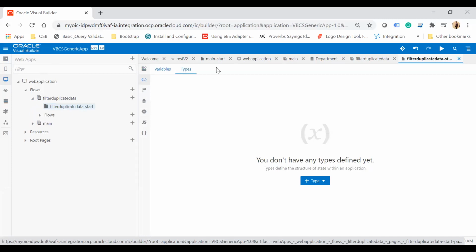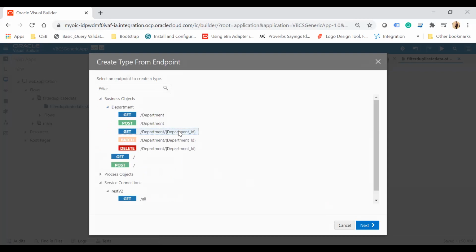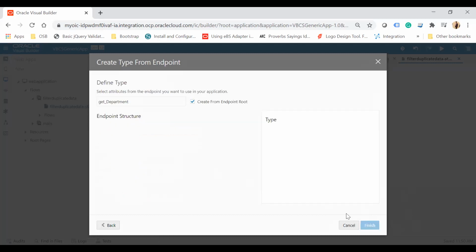First, I will create a type from an endpoint which will hold the department record: the business object, then department, and then get department. You can select whatever you want, like ID, department, and department name, and then finish.